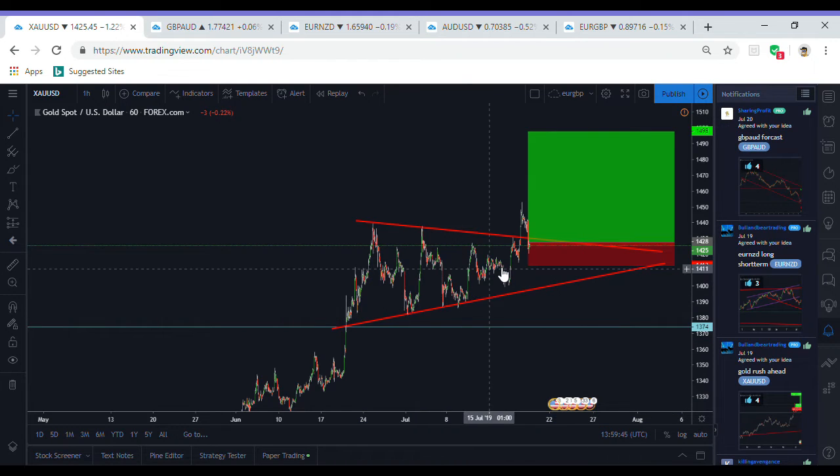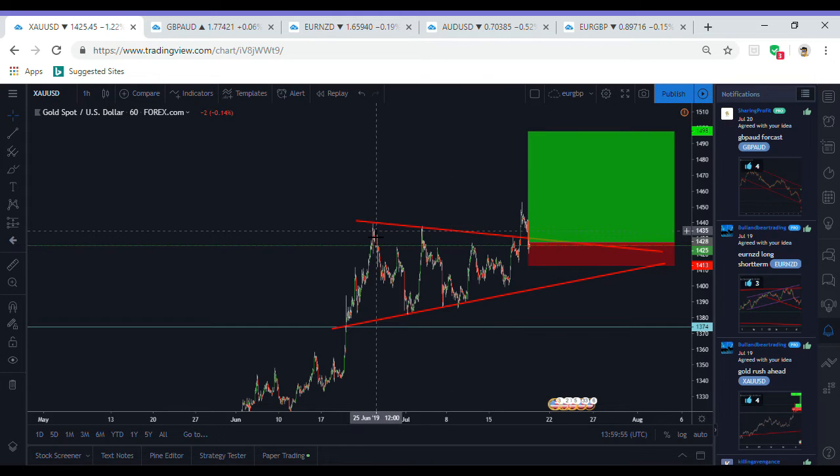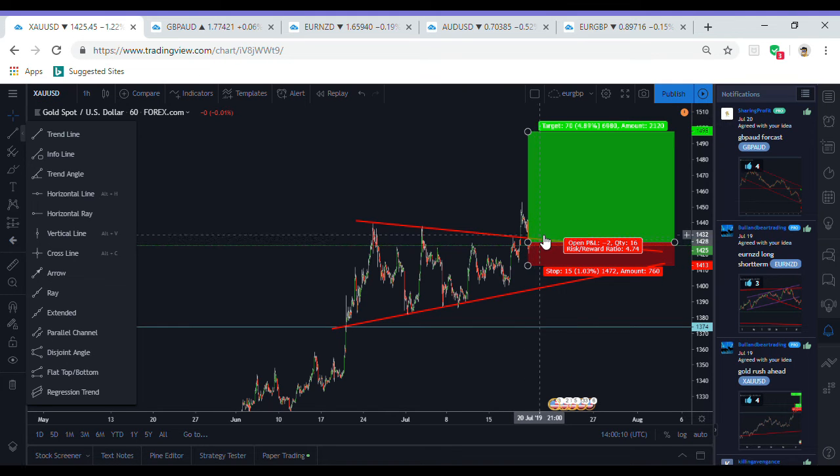a pennant triangle, and price actually broke above on Thursday, Friday night. Then Friday it retraced, coming to retest this resistance, the red resistance over here. When I saw this, I was prepared to buy on this retest. Then price just retraced back into the triangle. But I'm still safe. My stop loss hasn't been hit yet. I still have a little bit of space for price, even if it plays into this area, then pushes